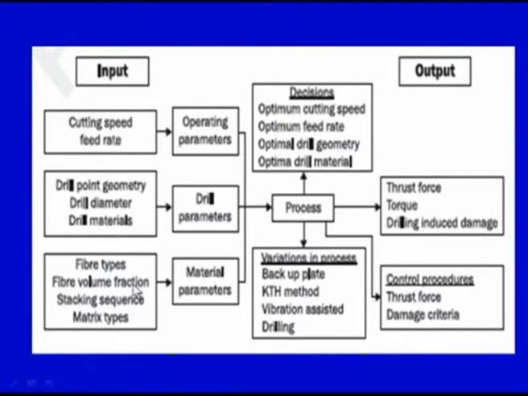Another is the fiber volume fraction, how much fibers are there in the composite. Stacking sequence: what are the different layers in the laminate or the composite laminate, how the various layers have been stacked together to make the composite laminate. And finally the matrix type. Broadly the matrix types can be classified into thermosets and thermoplastics, and within thermosets and thermoplastics we have a huge variety of other types of polymers which can be used as the matrix material in order to make the composite material, which we have already seen in module number 5. We have seen a large number of processes which are used to combine the matrix and the reinforcement to get the final product.